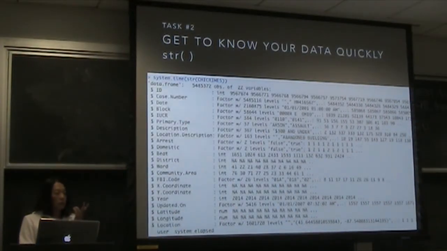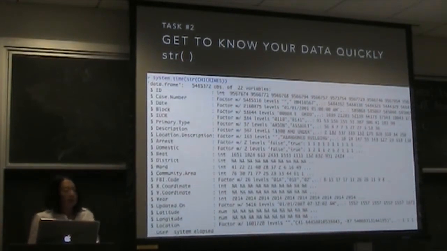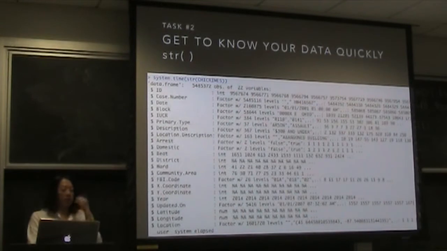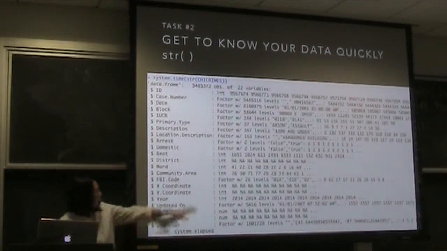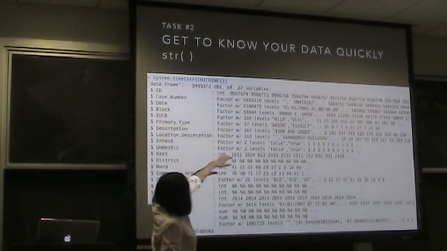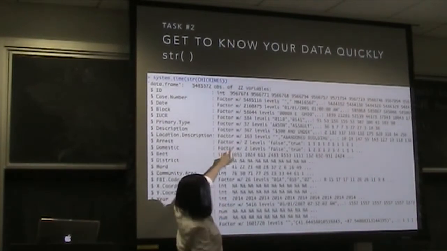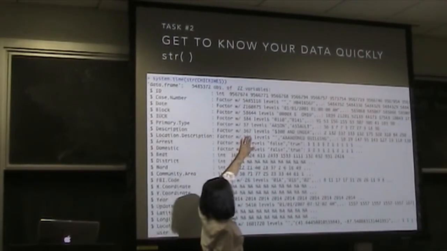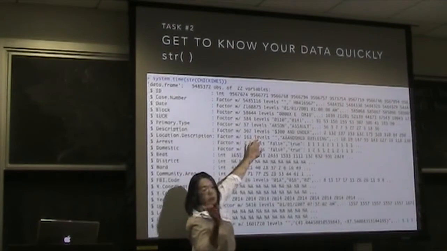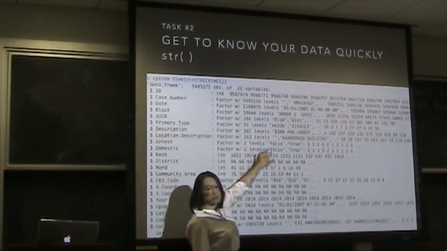Okay, another way to get to know your data quickly. Structure, this took like a second to run, okay? All right, it tells me how many observations, how many variables, and the order of the variables, and it's giving me some sense of what I've got factor-wise. Now what's nice in here that summary didn't show is I know how many levels, that means how many unique values are here in these factors.